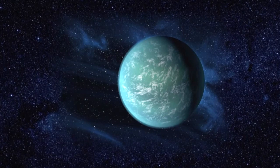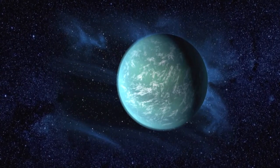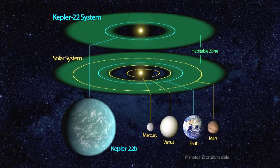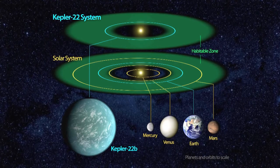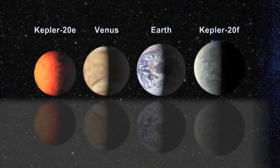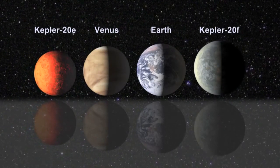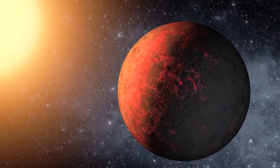At the end of 2011, we announced 2 discoveries. The first was Kepler-22b, a planet about 2.4 times the radius of our own Earth, but it lies in that just right temperature region. It's orbiting a star that's almost exactly like our own sun, and it's orbiting out at a 300-day period. The second announcement was Kepler-20e and f, 2 planets orbiting the same star that are likely